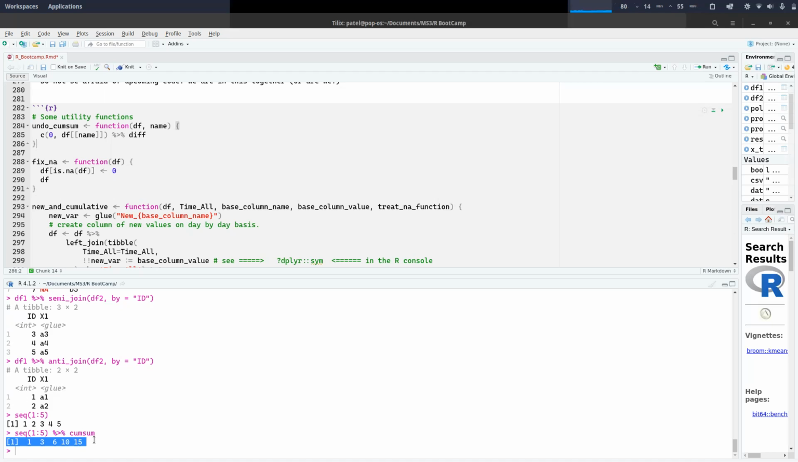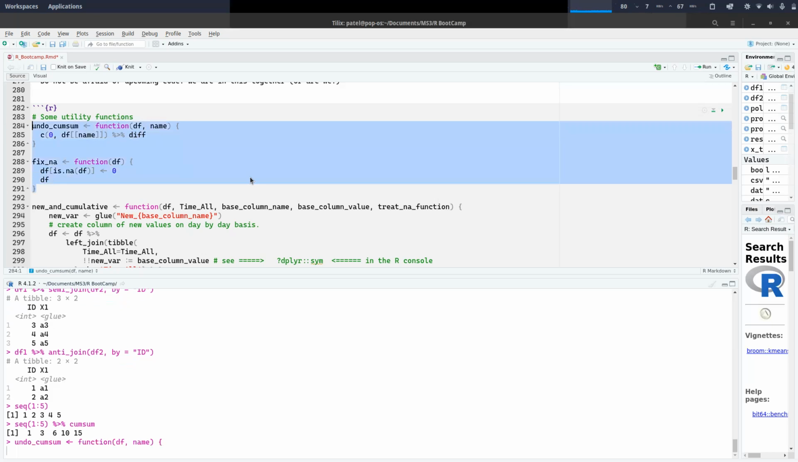But what if you want to go the other way around? That's what this function is essentially doing. It takes a data frame and a column name, performs undo cumulative sum, and returns it. There's a function in R called diff that does the same thing. So yeah, we'll just define some